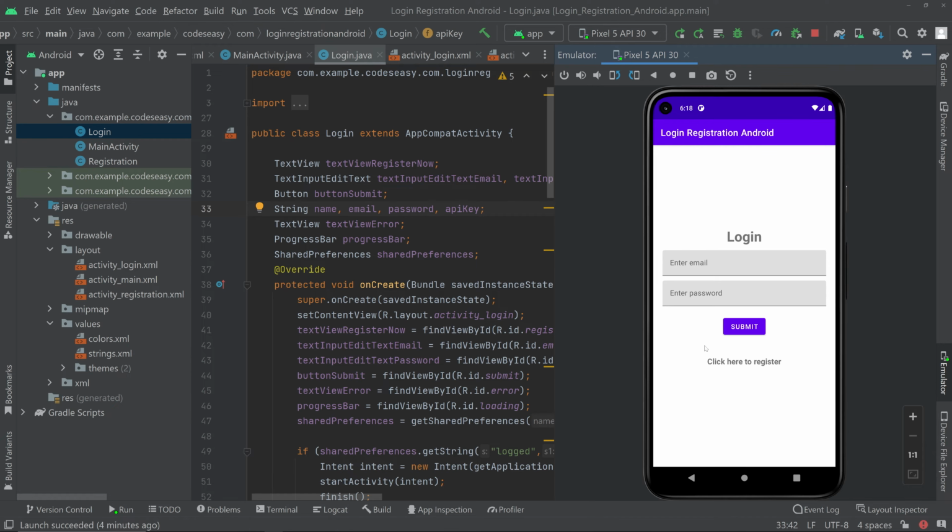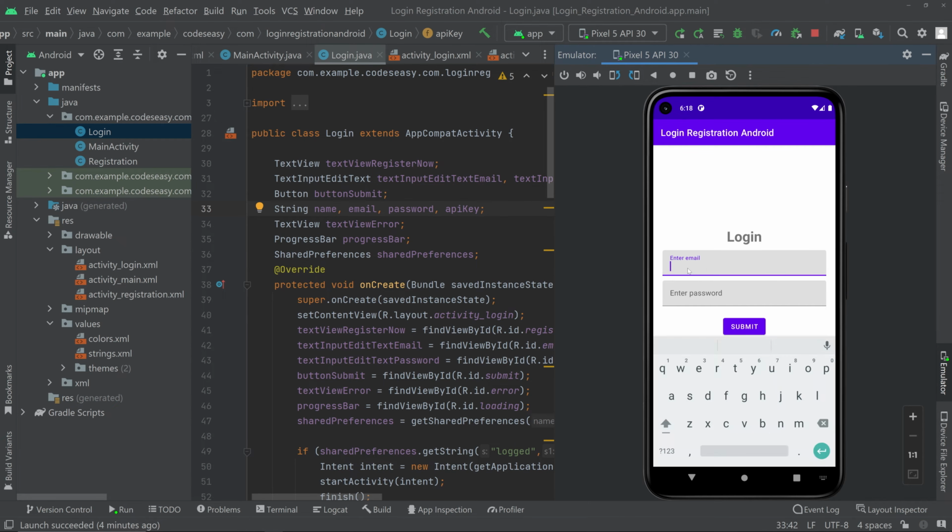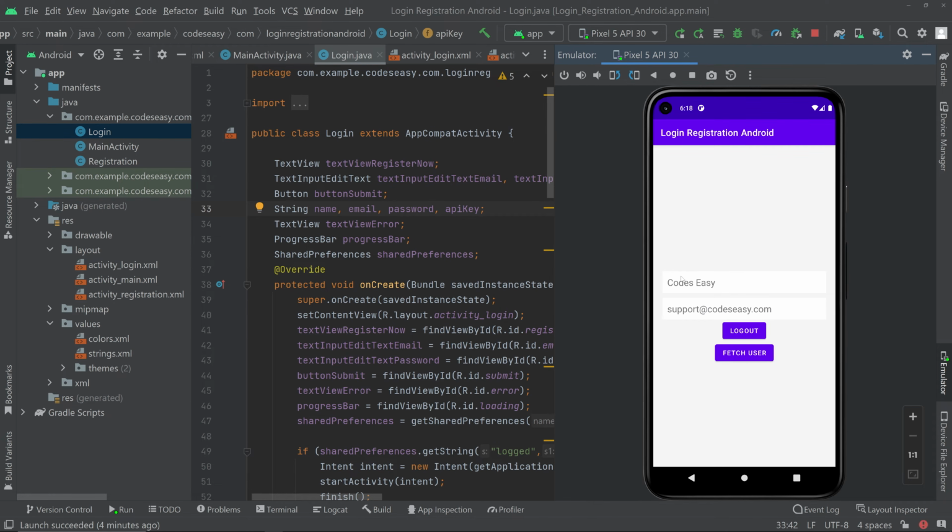In this video, we'll be seeing how to implement login and registration in Android. So we'll be creating a login and registration. On logging in, you can see that we are showing the name of the user and the email address, and we are also